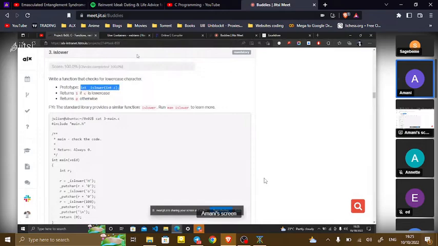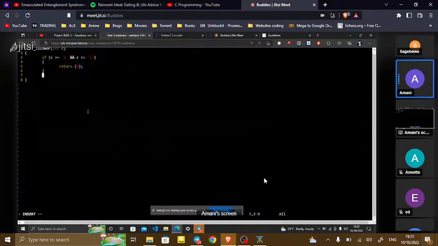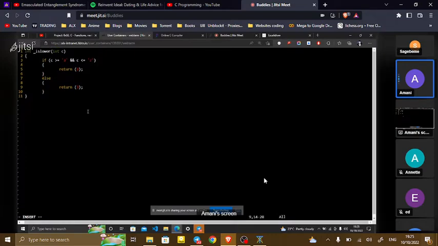Alafu return 0 otherwise. So else, what we are supposed to return is 1. So and then